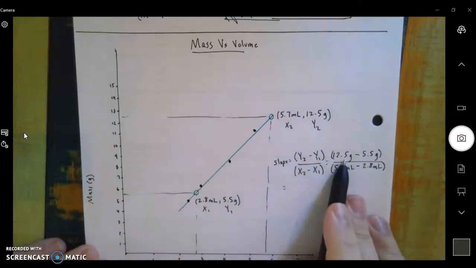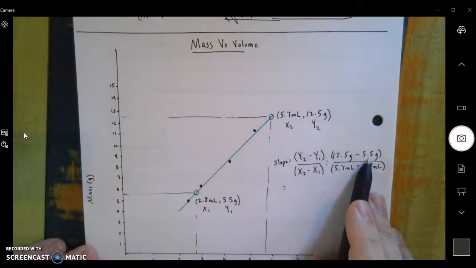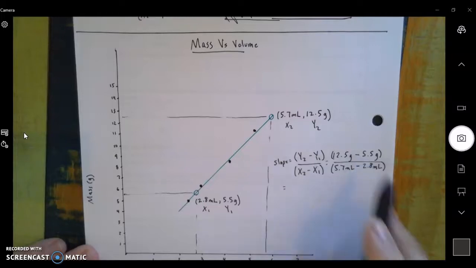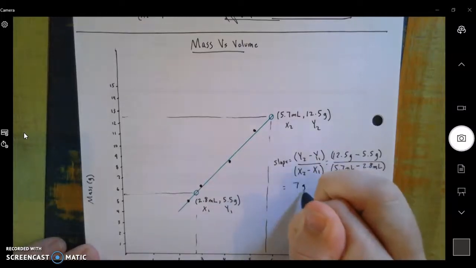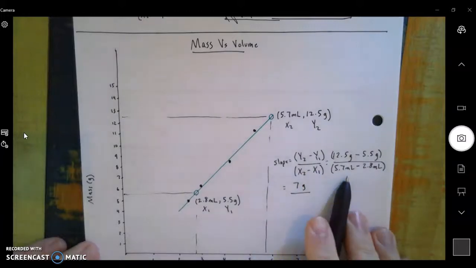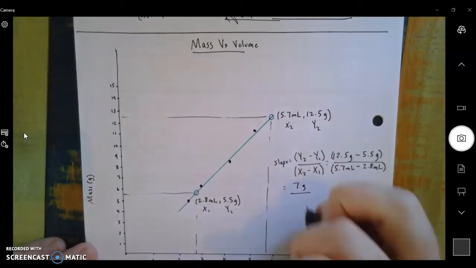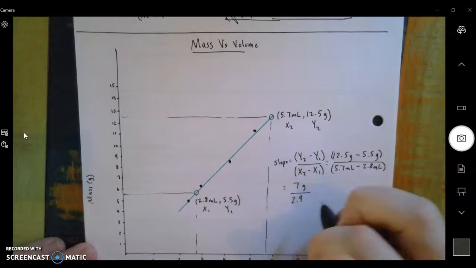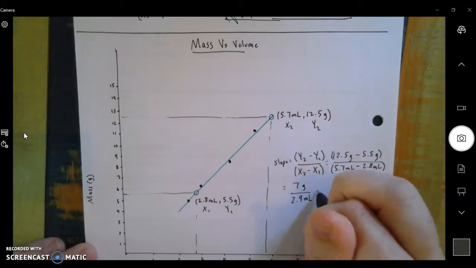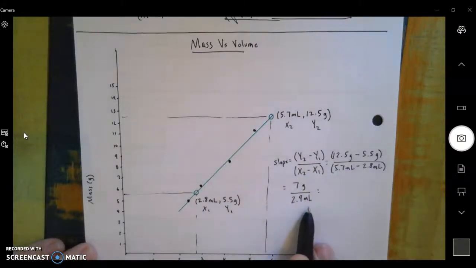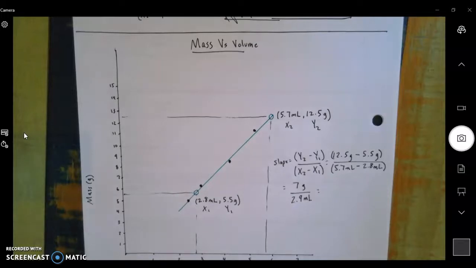So I have 12.5 grams minus 5.5 grams. So that would get me 7 grams divided by 5.7 minus 2.8 milliliters, so that should get me to 2.9 milliliters. So now we can finish this out and get one number. We don't want a fraction for our slope, we want an integer. Right, so when I type this in my calculator,